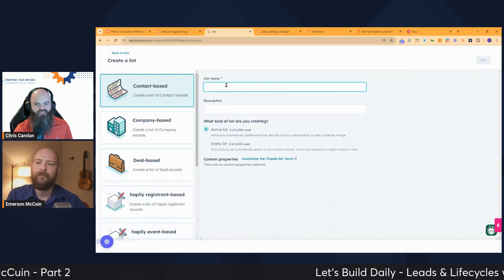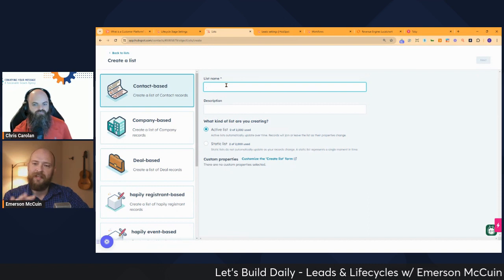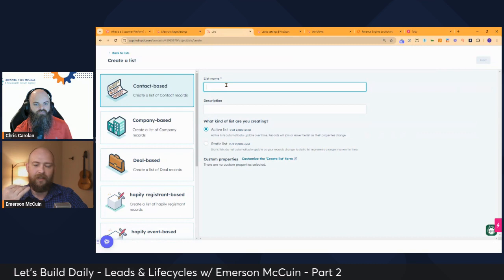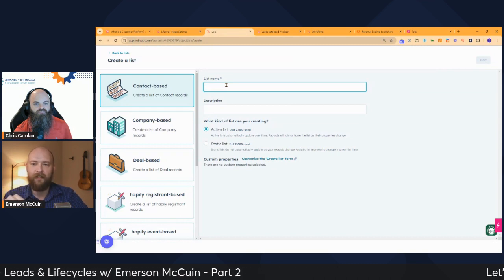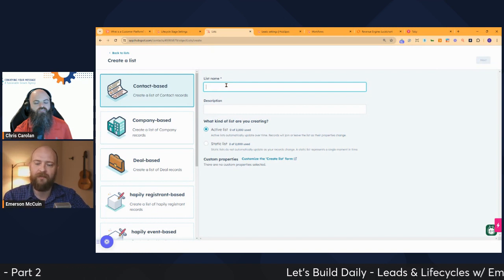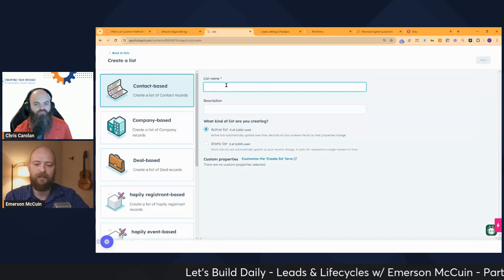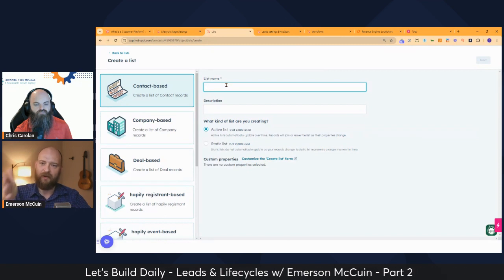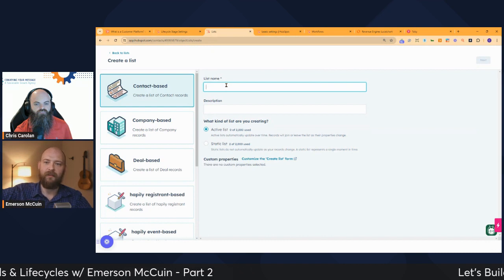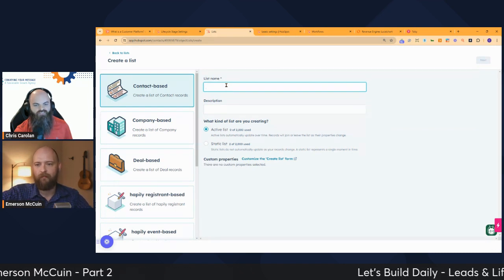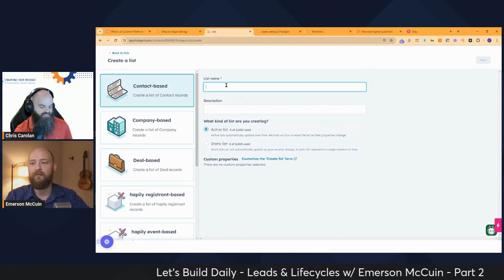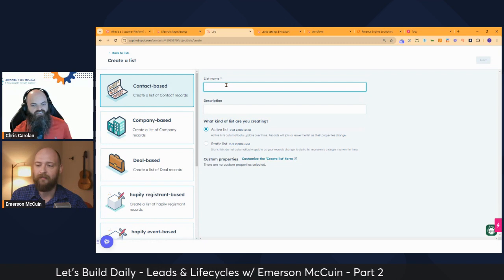Okay. Yep. And then there's some tricky ones. So I always start at the end, right? Because ultimately what you're going to do is something that meets, let's say, an SQL criteria. They may meet that criteria, but they may find themselves in further stages if you're not careful. So I start from the end, and every list that I build working backwards says if this criteria is met and they're not part of a further lifecycle stage, enroll. That's why I start from the end. And for me, that's other. Okay, so things that don't fit into our normal lifecycle stages.